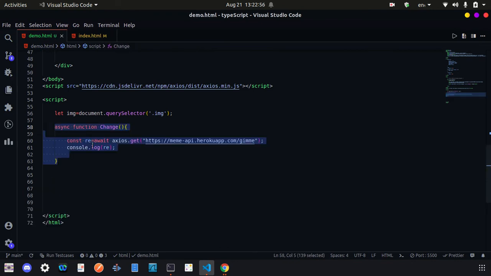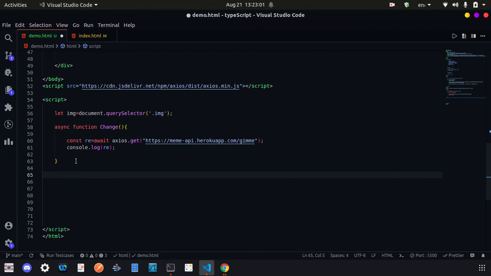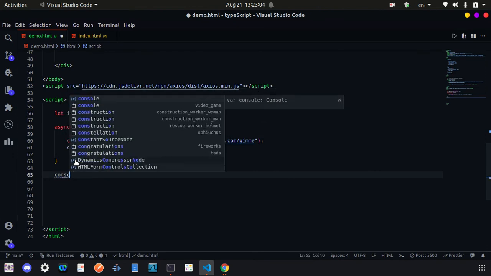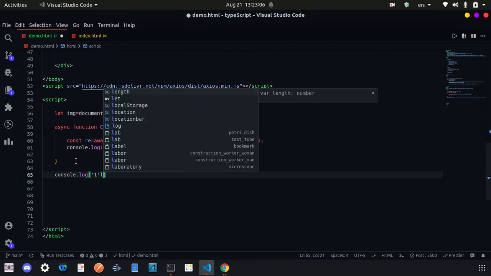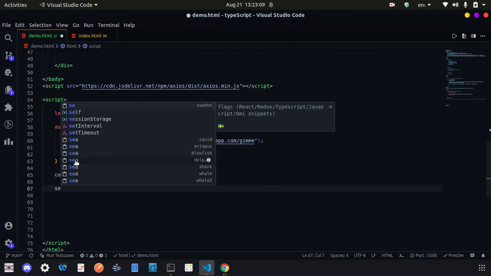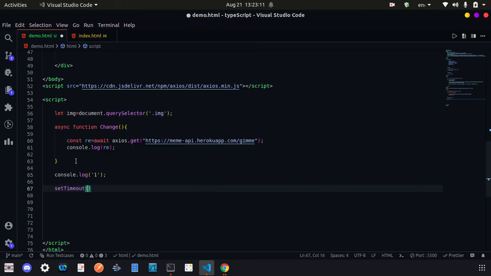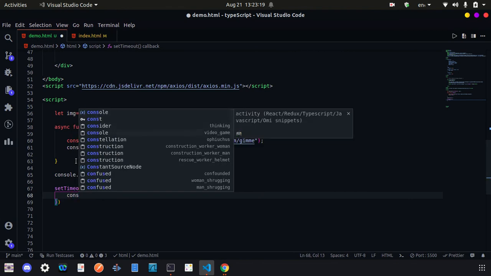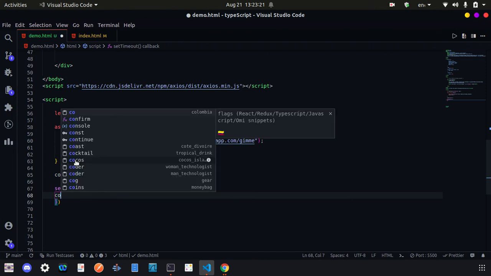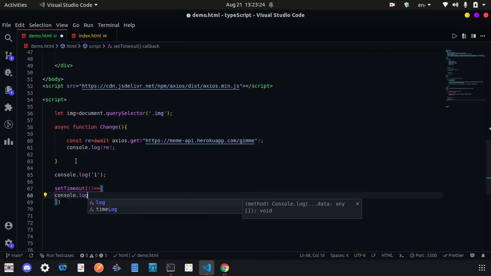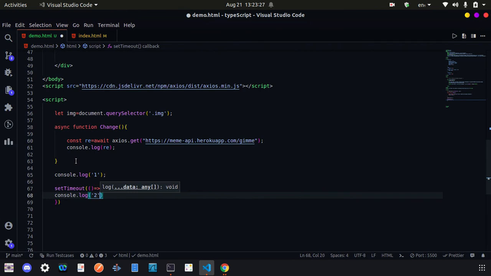Forget about the change function for some time, and let's say at the start of our page load we do console.log 1, and we set a timeout, which has only one function, console.log 2, and it will run after, let's say, 0 seconds.